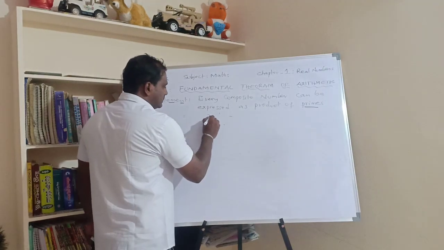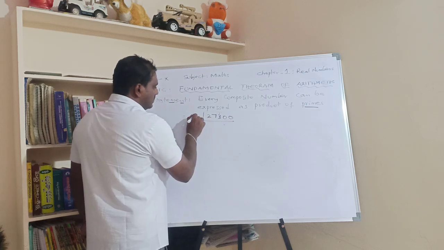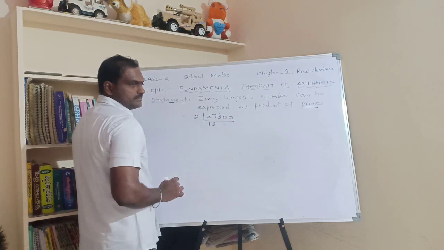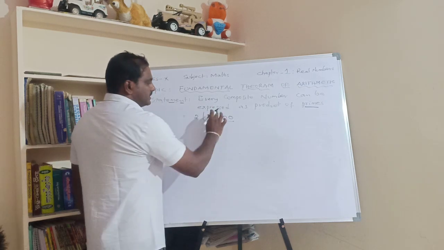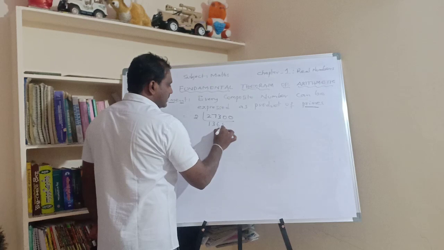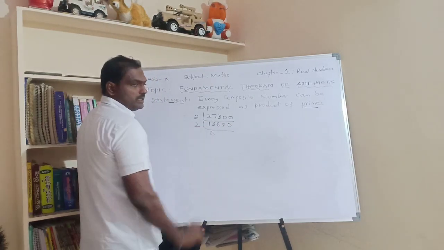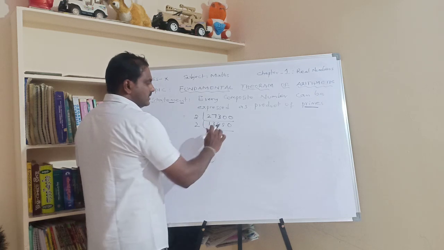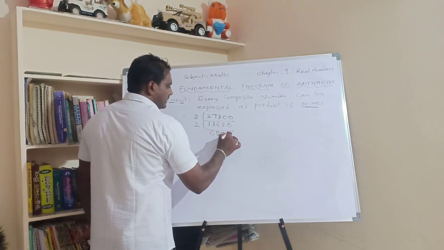27,300. So this is the textbook example. Now look at this. We can do the 2 table. 2 1s are 2. 2 3s are 6. What is the remainder? 13. 2 6s are 12. Remainder is 10. 2 5s are 10. Then next, 2 table. 2 6s are 12. Remainder is 16. 2 8s are 16. Remainder is 15. 2 7s are 14. And remainder is 10. It is 5.